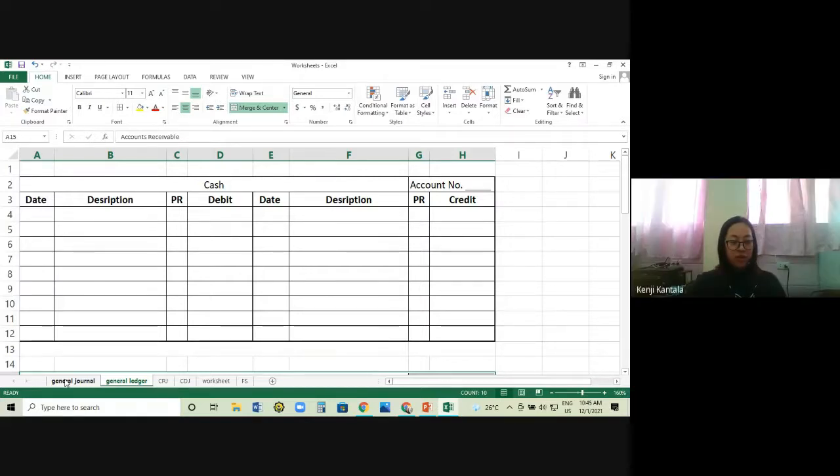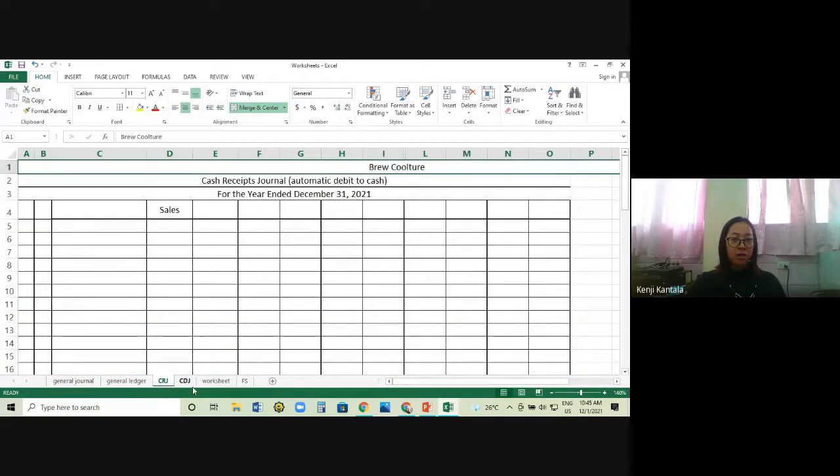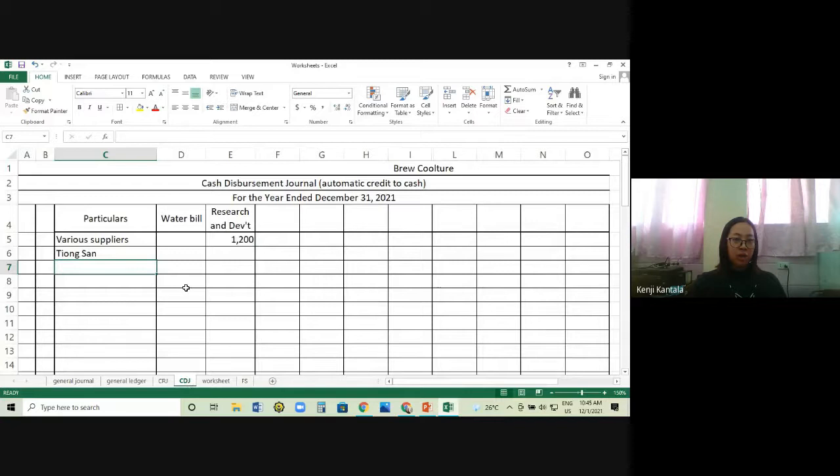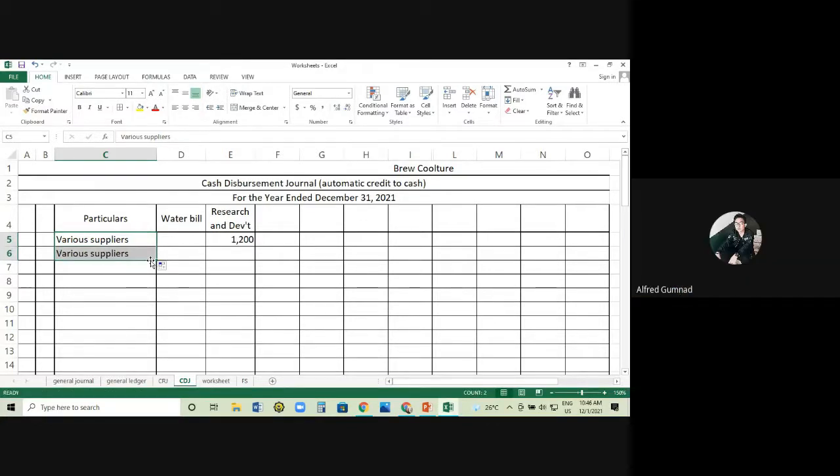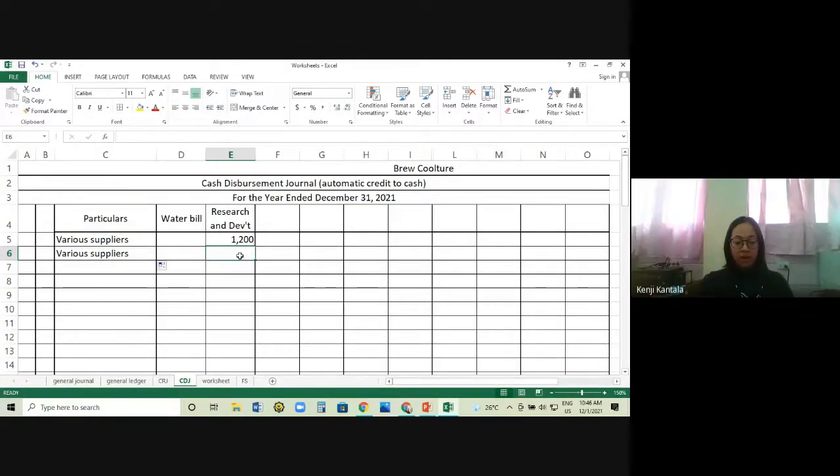Okay. So, since naglabas ka ulit ng pera and that is still for the development of your product, that is still part of your product research and development. Tama? Yes, ma'am. Okay, so we will put another value under our research and development. So, magkano yung nagastos ninyo? Sir Carl? Ma'am, sa amin ba yung product mismo natin? Yes, ma'am, estimated ko nasa 2K. 2,000. Okay, so we will put 2,000 under our research and development.